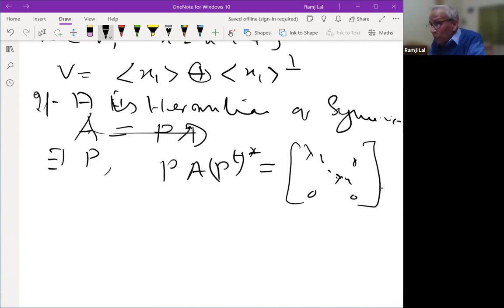Indeed, every Hermitian matrix or symmetric matrix is similar to a diagonal matrix, orthogonally similar. You have probably done this before, but we are doing it here purposely. So this is something with lambda 1, lambda 2, up to lambda r, 0, where r is the rank of this matrix. So we know all symmetric and Hermitian forms on real and complex are classified.